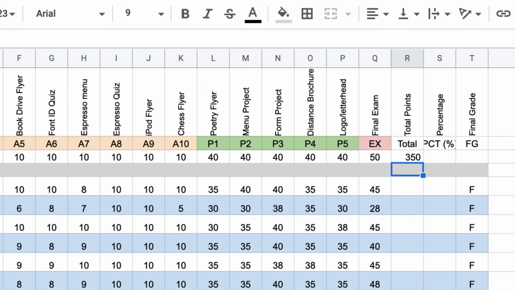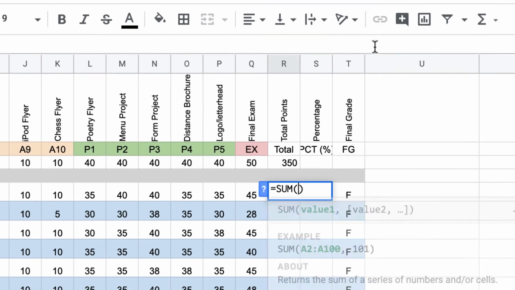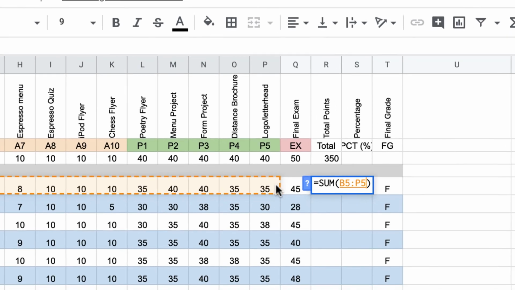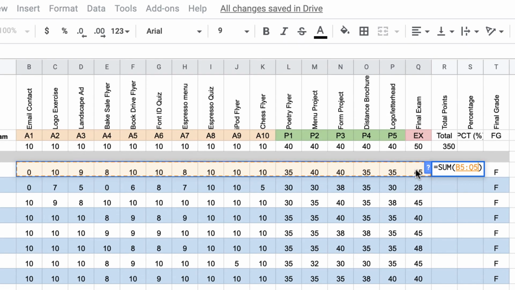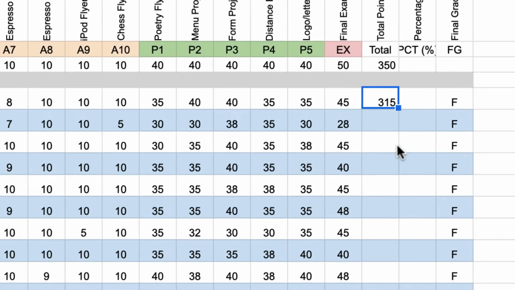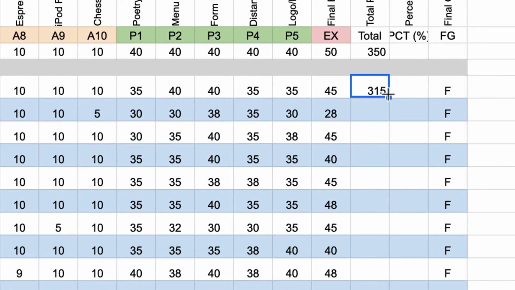Now we're going to do the same thing here. We're going to total these up. So now you could drag this down, but I'm just going to go here and sum that up again. And I'm going to do sum, and I'll do the same thing. I'll highlight these cells all the way across, and then I'll hit enter. And you can see that Johnny Cash had a 315. And now what you can do is highlight that cell, get that little thin plus sign and just drag down,